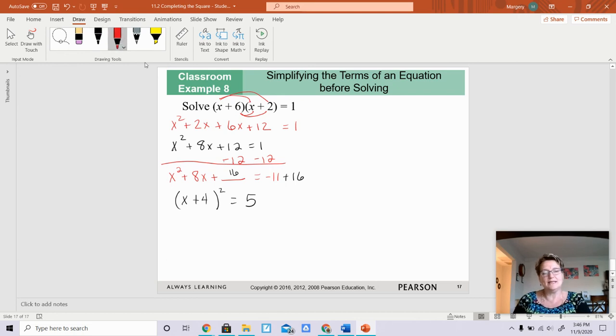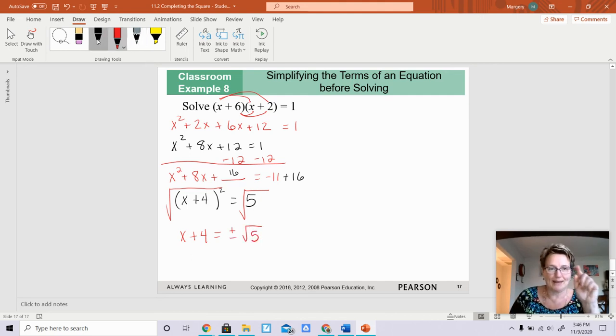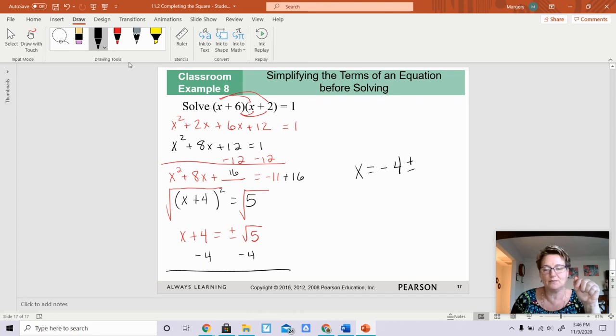Now, in order to get rid of the square, I square root both sides, and I get x plus 4 equals plus or minus the square root of 5. Remember, your main goal is to figure out what x is, so I'm going to minus 4 from both sides. And you're going to be left with x equals negative 4 plus or minus the square root of 5. And you're finished. That's your answer. And I believe that